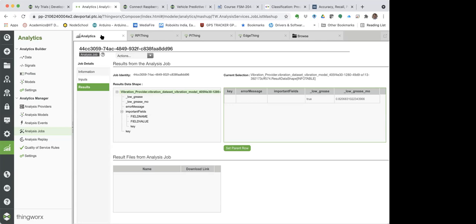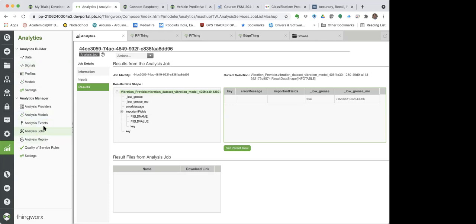This is not being generated by just a signal input or output. For example, you can trigger an event when something goes off or something goes on. In the same way, this Boolean value, which is coming as an indicator of the low grease level, is coming from the deployment of the analytics model. And this will now be used to trigger the real-time services. So that is the complete flow over here.